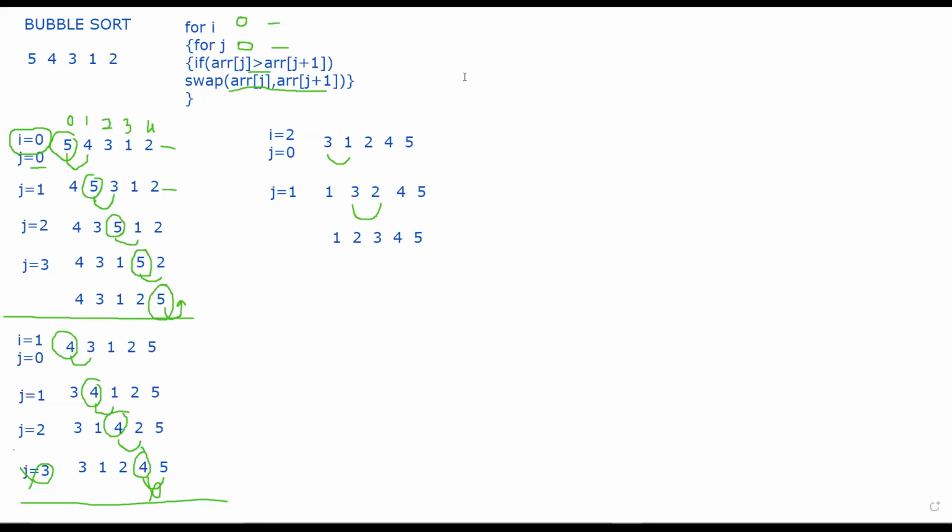Okay, then the last swap is left. See, this is already swapped. These two numbers are already swapped. Even these two numbers have been swapped. Okay, just like we skipped the swap for 4 and 5, we are going to skip the swap for 3 and 4 also, because here this 3 has been bubbled out. Therefore, no need to swap this furthermore. So what I'll be doing, I'll be stopping over here.